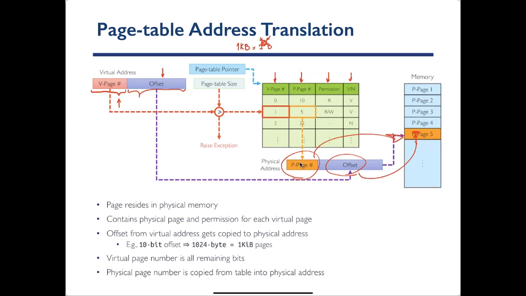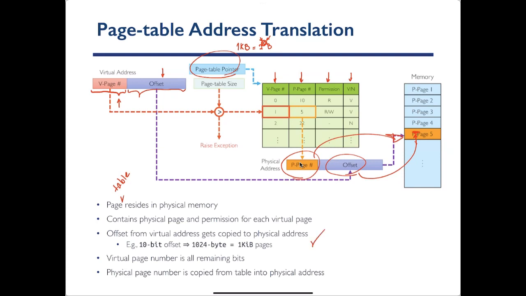So I think this one is the page table. The page table also resides in memory, right? And this page table pointer is going to point to this page table where this resides. It contains physical pages, it contains a permission, and it contains the virtual page. I explained